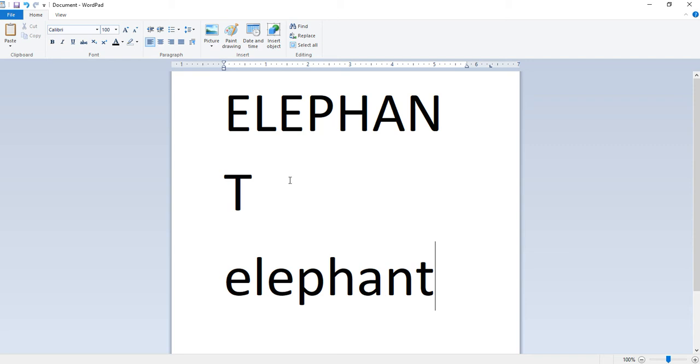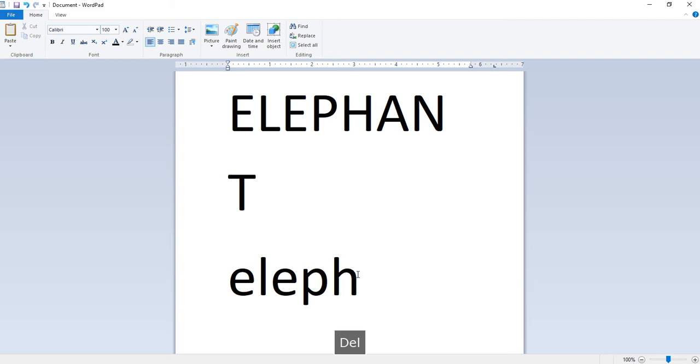The Backspace key deletes one character immediately to the left. It is useful when we are typing. The Delete key deletes one character immediately to the right. See students, it is useful when we want to make changes to the document. I use the Delete key and the alphabet on the right side is erased now.